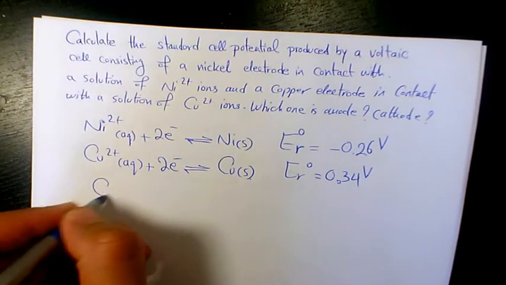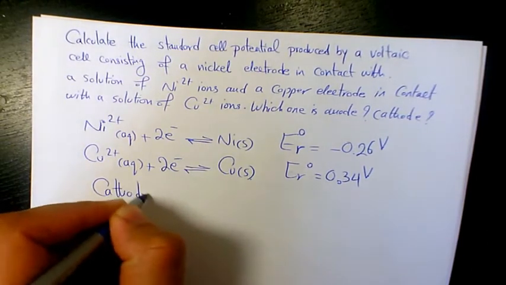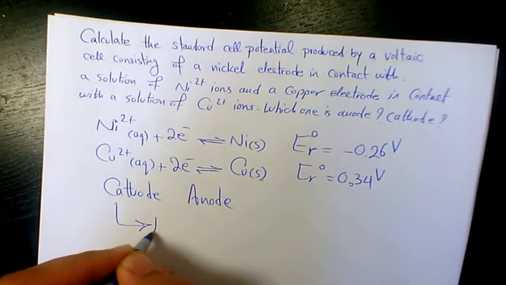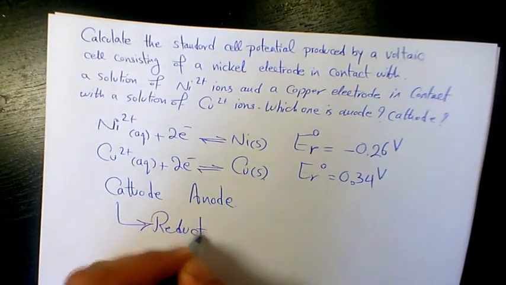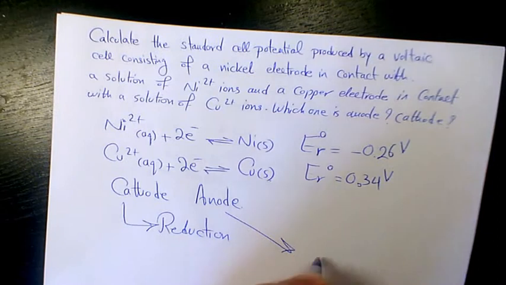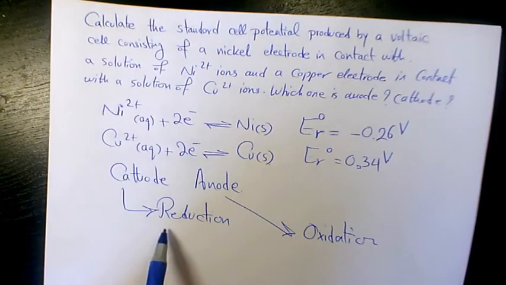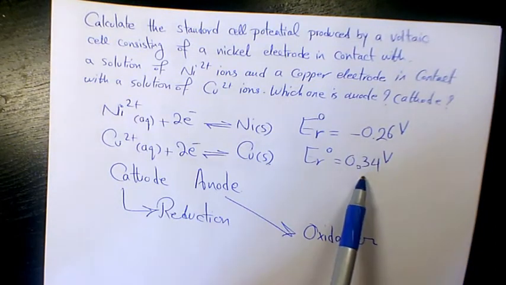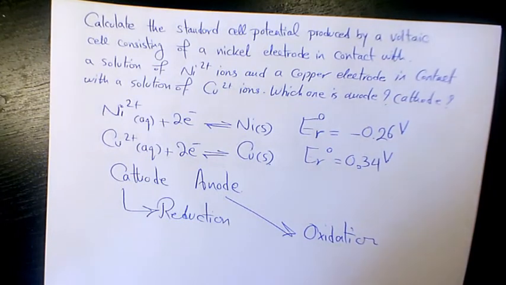When we are dealing with cathode and anode, the cathode is where reduction happens, and at the anode we have oxidation. Reduction happens where we have a stronger oxidizing agent. How do we figure out which one has more oxidizing power? We need to check these two numbers. Whoever has the largest number is the